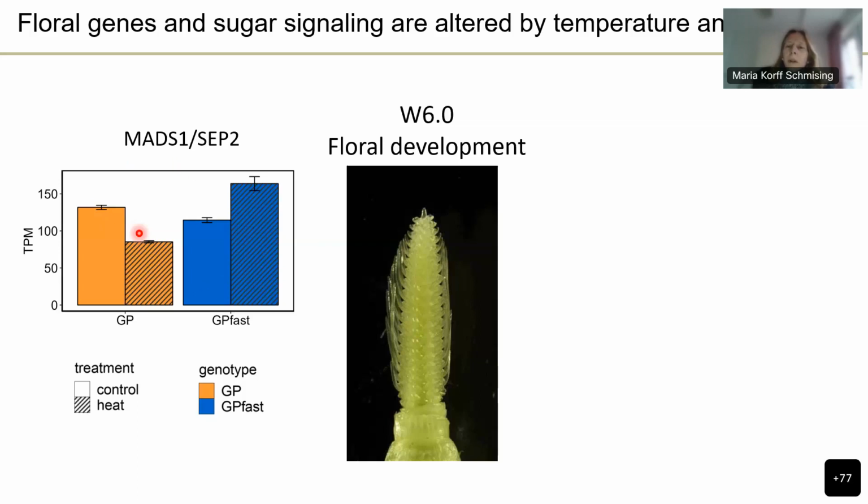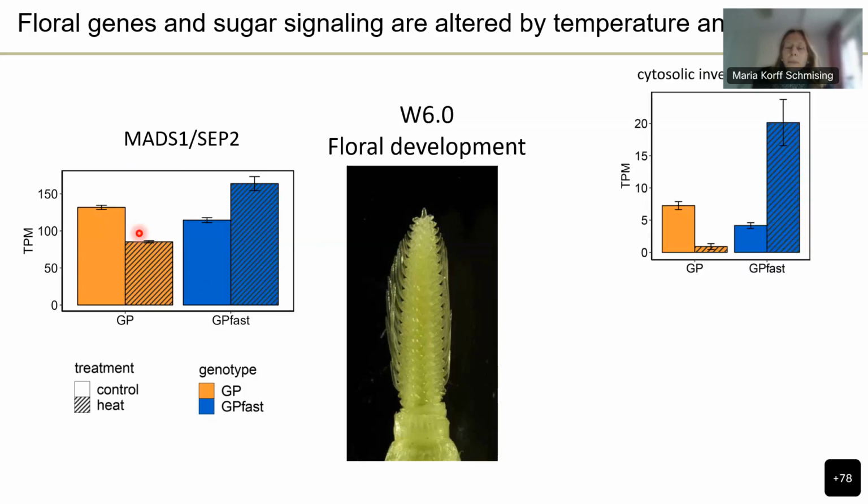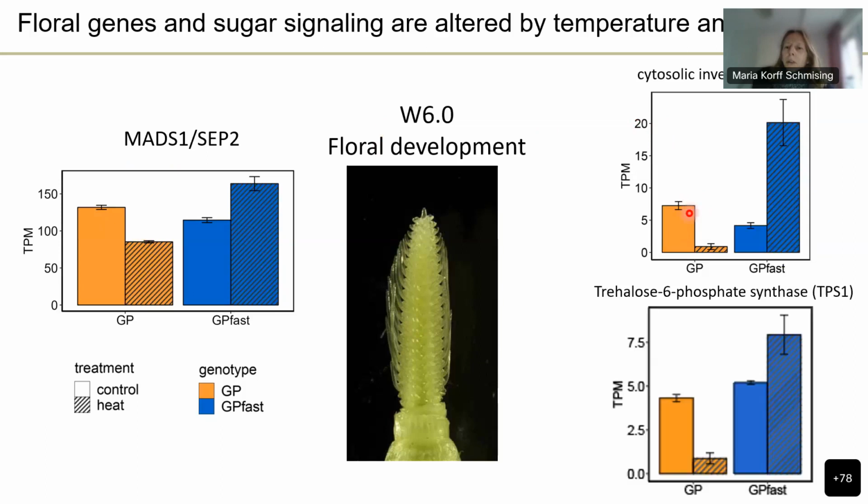But there were a number of other genes that showed a very similar expression pattern, and these were, for example, genes related to sugar breakdown, also cytosolic invertase, which is important for the sugar breakdown, and also trehalose 6-phosphate, where we know that trehalose is, at least in Arabidopsis and in rice, a signaling molecule that signals the sugar state of the plant. So these were strongly downregulated in Golden Promise and were clearly upregulated in Golden Promise fast